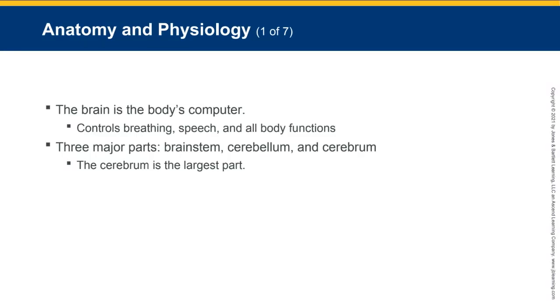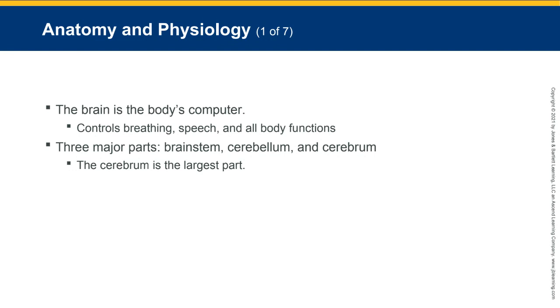Now, let's review the anatomy and physiology. And it's a review. So if you're having trouble with the review, just go back to your anatomy and physiology lectures. It's all there on the platform. So the brain is the body's computer. It controls breathing, speech, and all body functions. There are 3 major parts of the brain: brainstem, cerebellum, and cerebrum. These are the parts that you need to be familiar with